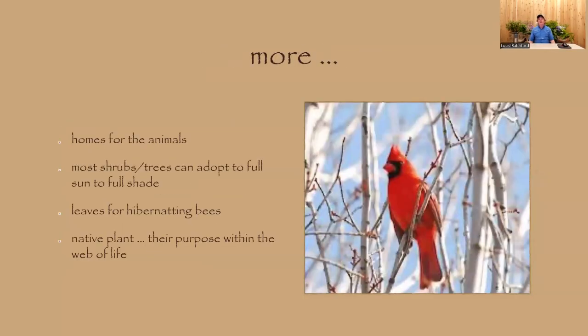Another thing these plants do is they're homes to all the animals and all the birds. They make a habitat for all the animals that you see here. What I find interesting again is if you have a very small area and a tree falls down, native plants, especially the trees and the shrubs, are able to utilize that extra sun. A lot of people think that if they get too much sun they'll just wither away. What happens is they actually adapt to it and they give what's called super blooms.